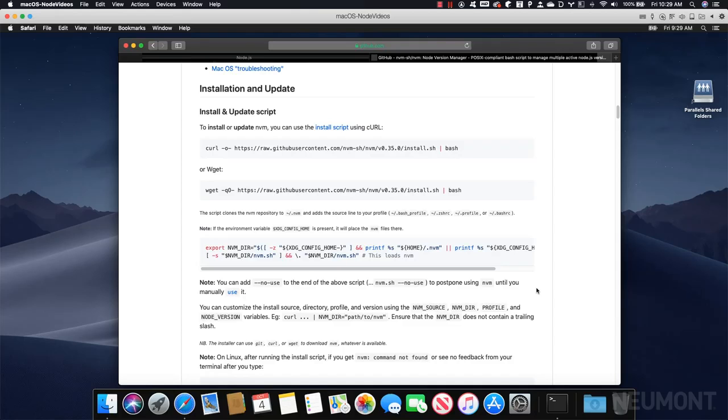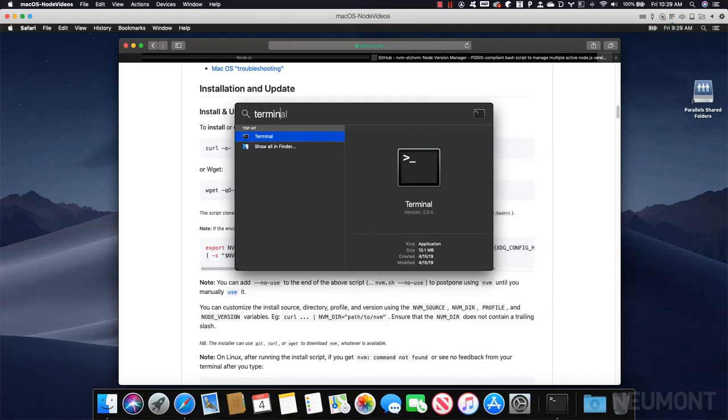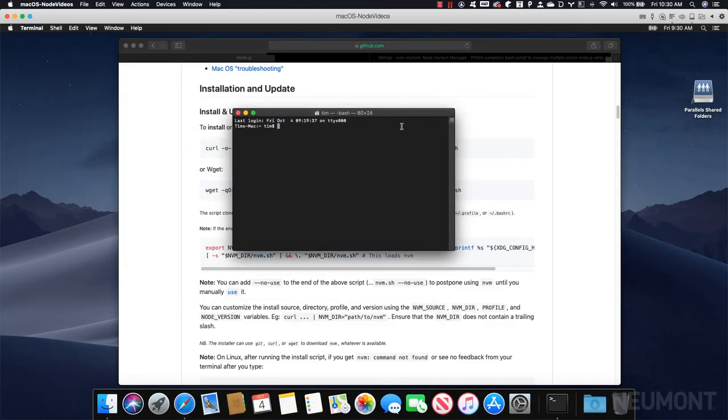Now, as you become a programmer, you have to get used to working in the terminal in Mac. And the terminal, if you want to look it up, you can do a command space, and that'll open up Spotlight. And you can type in terminal. And you will see that the top hit is going to be a terminal. It looks like a black box with a greater than sign in it and an underscore. This is the terminal. And this is where we are going to be living as we are installing Node and